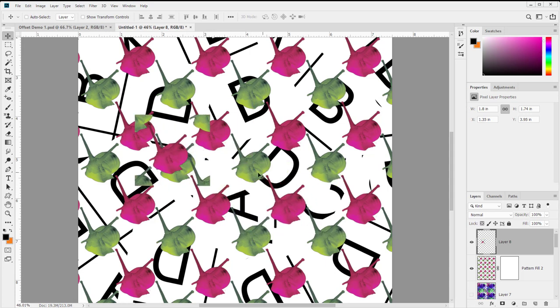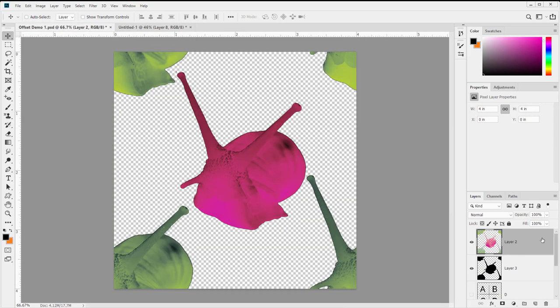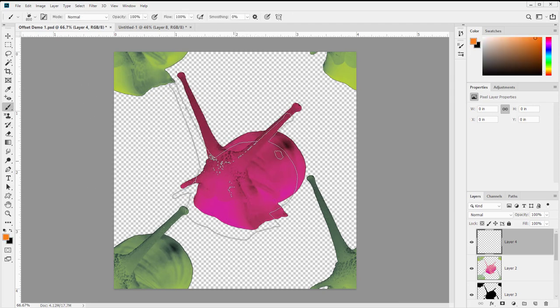So this green snail is being rebuilt based off that pattern, based off that offset, having cut it up into little pieces. So we can work off of that to start building new patterns. Let's say I make a new layer here, and I get another snail, and this time I make the snail, say, smaller,